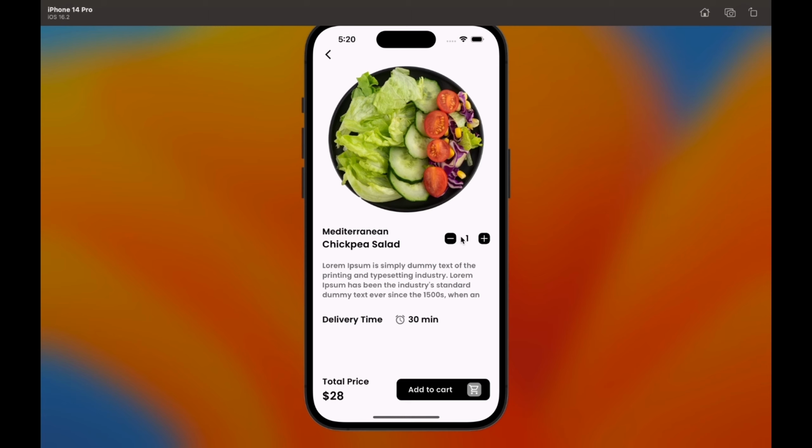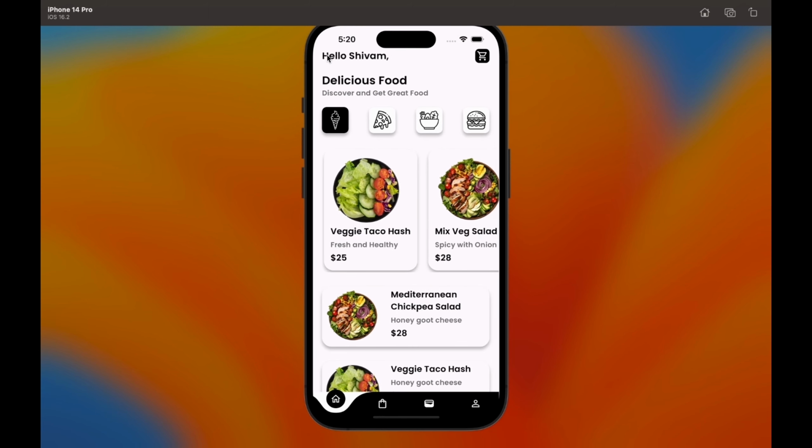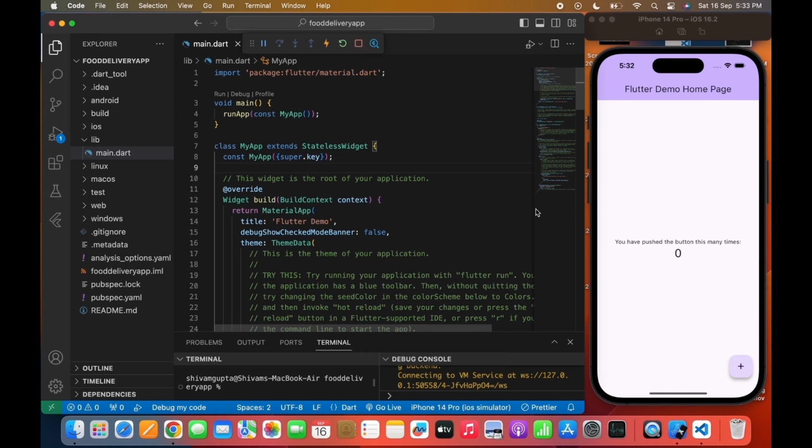As I've told you before, we are developing the fully functional food ordering app from scratch. So we will also connect the backend with the app, and there will be an admin panel from where the owner or admin can add different foods, and all the foods that have been added by the admin or owner can be seen inside the home page of the app. So this is just the UI. There are many more things we are going to do in this series. So now let's move on and develop the food